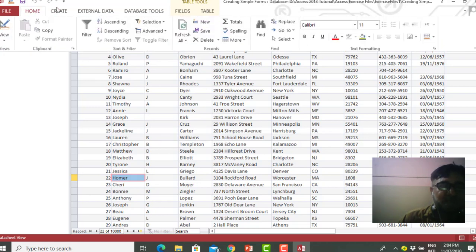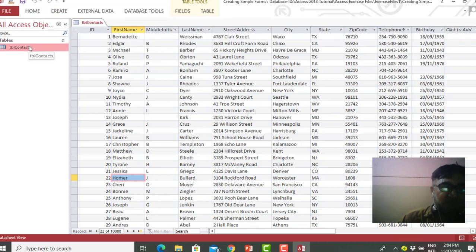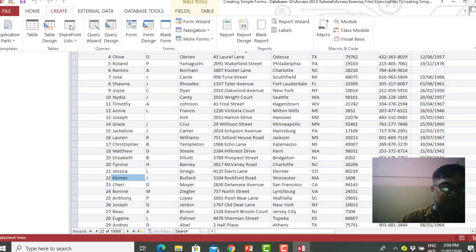To create a single item form, we have to go to the Create tab, and be careful that this tblContacts should be selected when you go to Create, and then you click this Form.